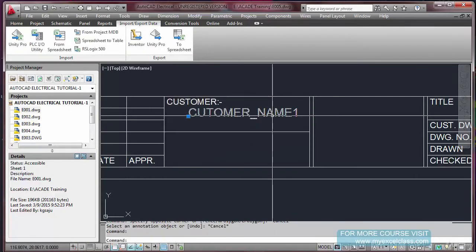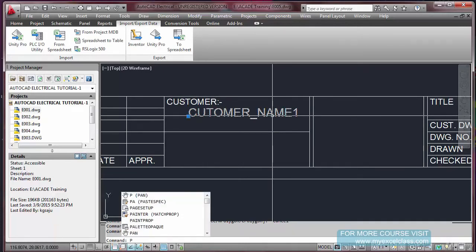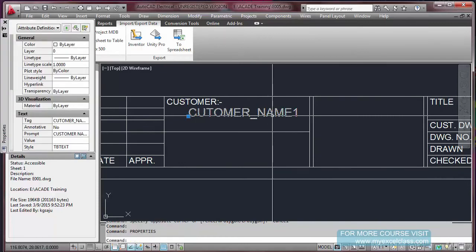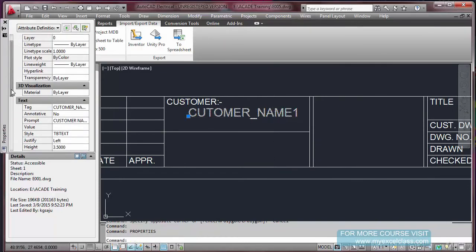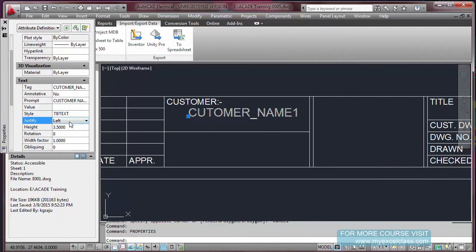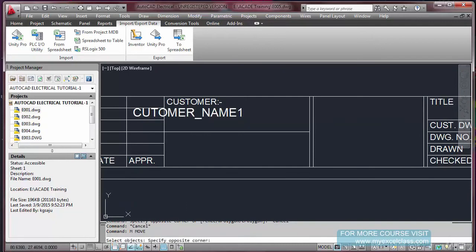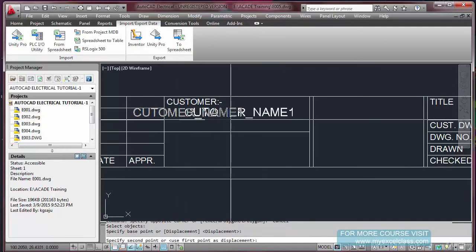Here it is always better to make the alignment center. Go to Properties and you will find it is left-aligned justification. If you make it center, it will be nice. Again, it is left to you.